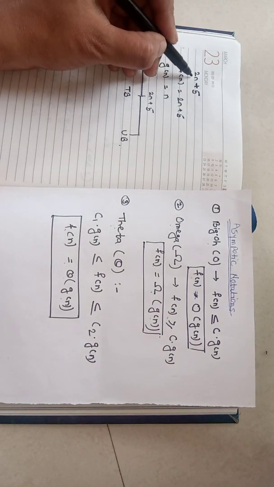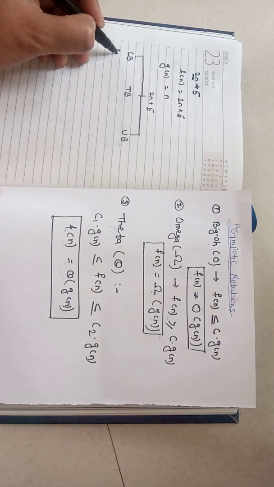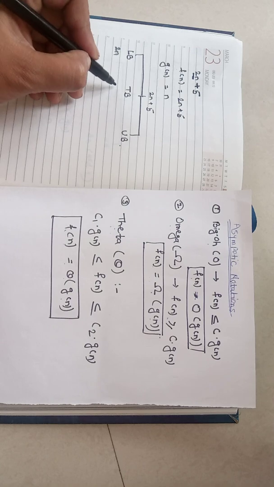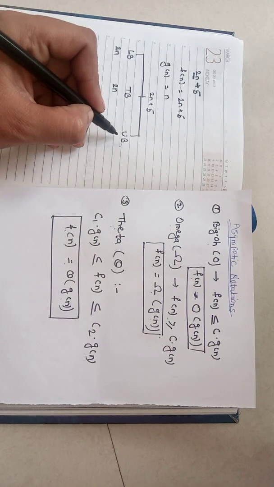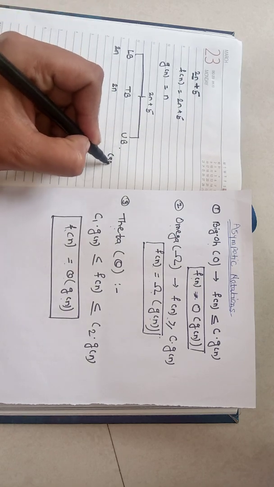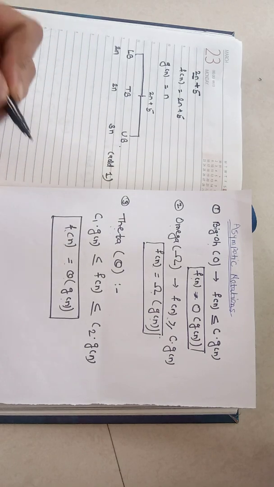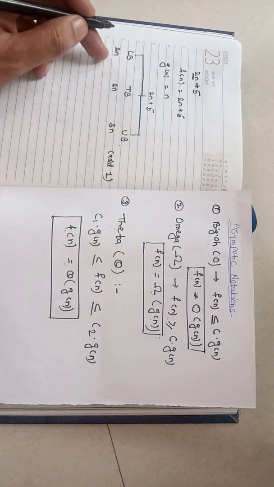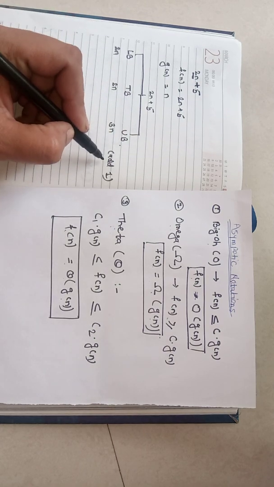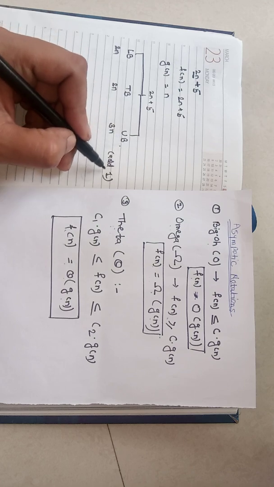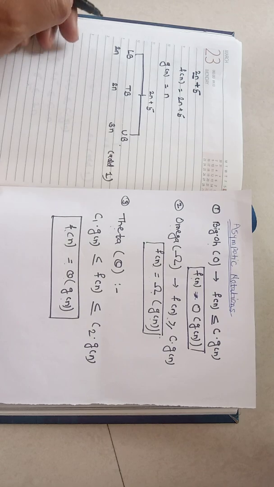Here we take the first term of the equation for the calculation of the lower bound, so 2n. Again for the tight bound we take the first term, that is again 2n. And for the upper bound we add 1 to the first term to calculate the value. So we get 3n. So this is lower bound 2n, tight bound 2n, and upper bound 3n, because we add 1n to 2n and it becomes 3n.